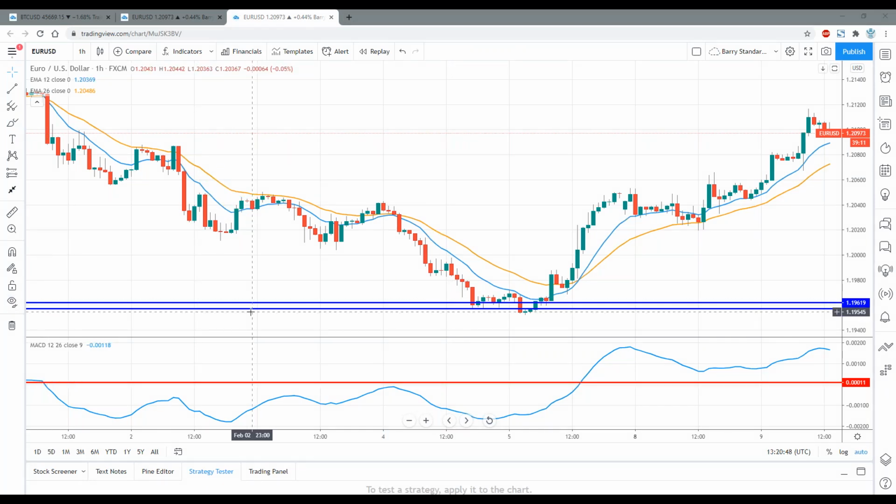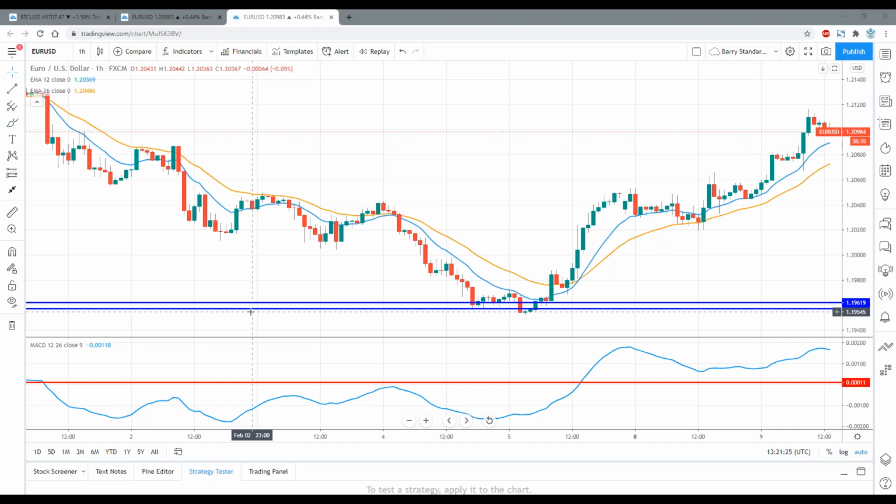Now, we can describe these as the faster and the slower moving averages. Anytime you're using multiple moving averages, the moving average with the shorter period is called the faster moving average because it reacts faster to price changes, because you're using a shorter look back period. So we're subtracting the slow moving average from the fast moving average, and we're plotting it down below.